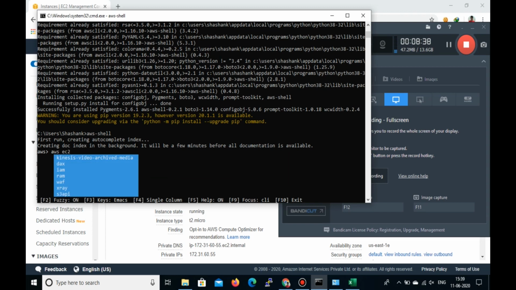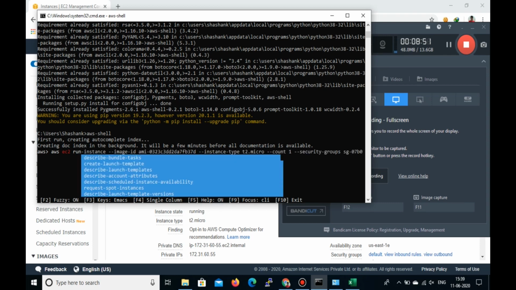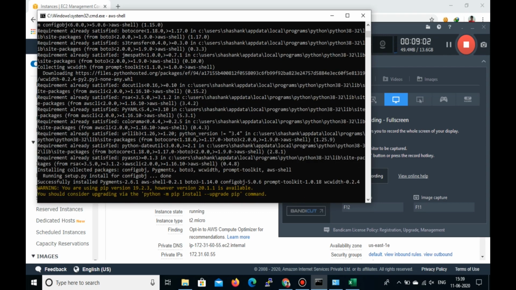The best thing here is that when you type, it will give you suggestions. See, if you type EC2, it gives you the suggestion run-instances. You can see all the options will come. So this is the benefit of AWS Shell. You can create through this also, or directly through the other one.